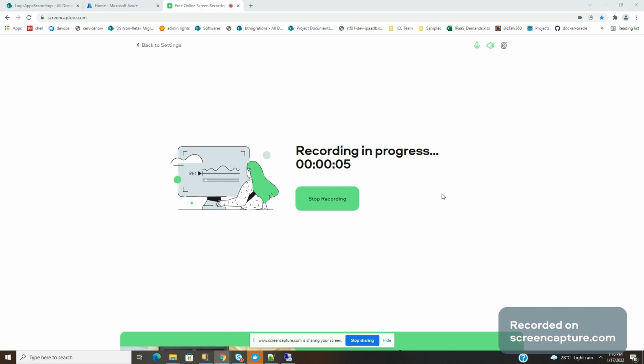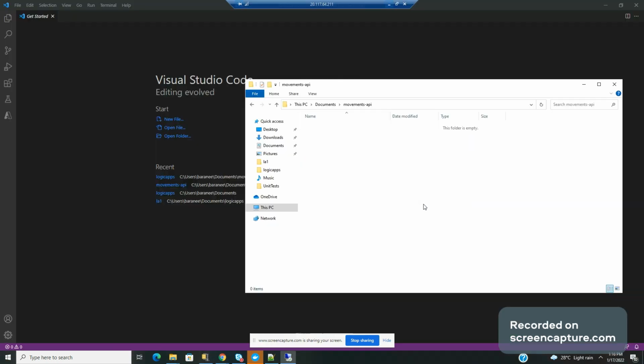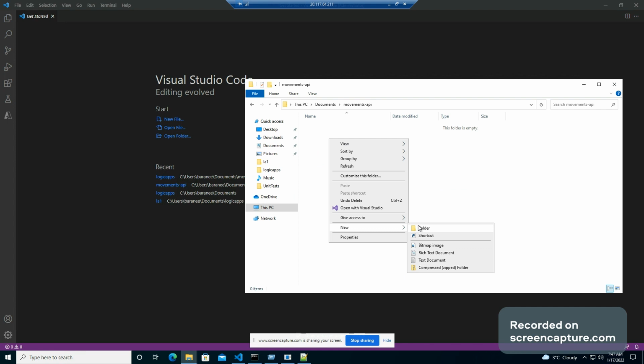In this video, we are going to deep dive on unit testing to test Logic App Standard workflows. Here I am going to create a brand new API, which is going to be a Moments API. For that, I'm going to create a LogicApps